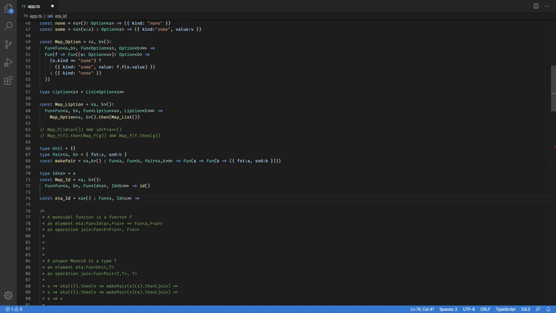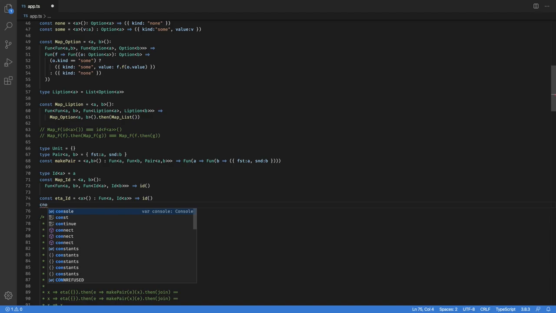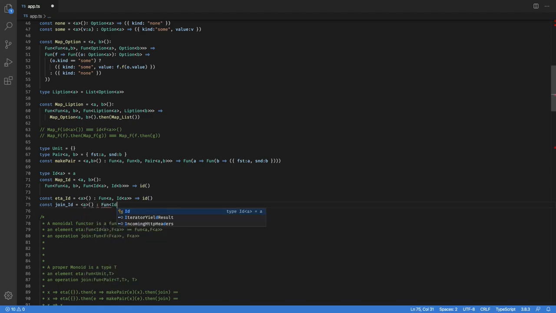And, well, what is this function? Well, it's the identity function. Why? Because it takes the A, which is already an ID of A, and it simply adds an invisible structure around it. Adding an invisible structure doesn't really take a lot of effort. And then, a join of the identity, well, that's very similar. We take an ID of A, and we have to produce an ID of A with it. And what is this going to be? Well, again,